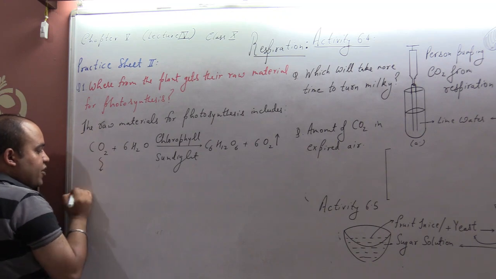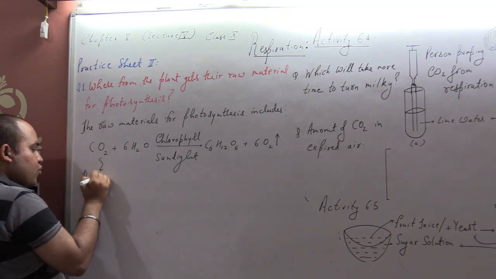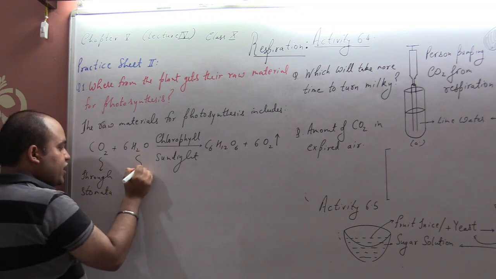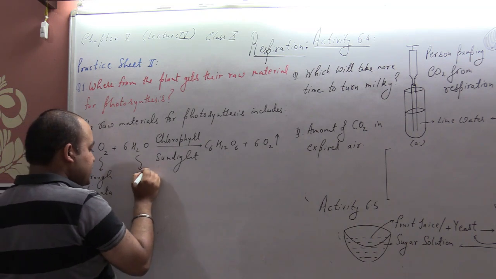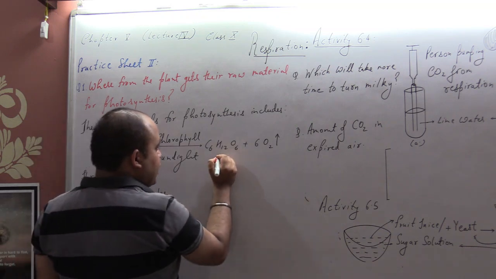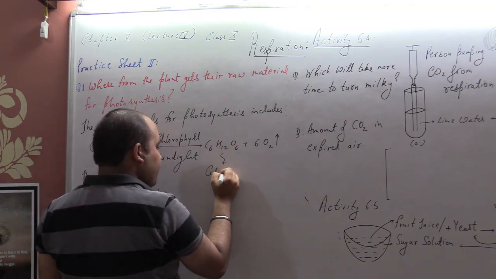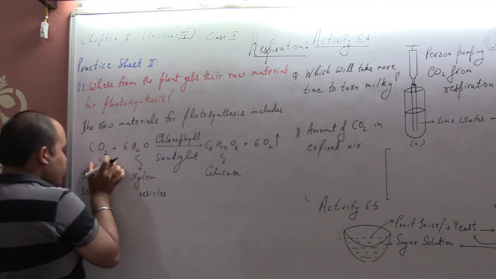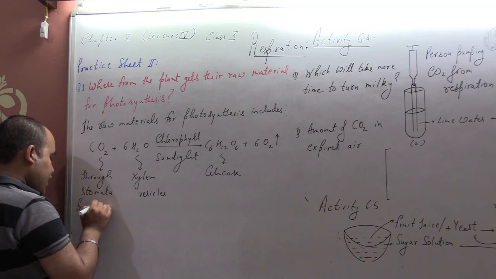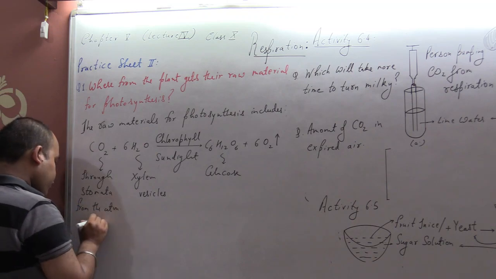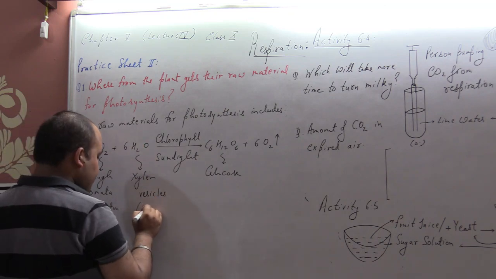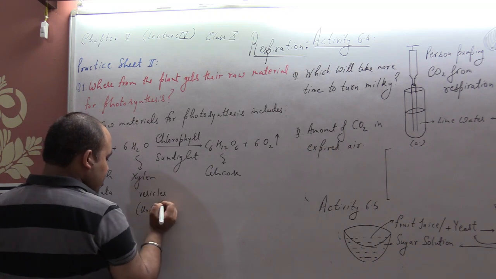Plants obtain this carbon dioxide through stomata. Water is obtained through xylem vessels, and it will lead to the formation of glucose molecules. So carbon dioxide is obtained through stomata from the atmospheric air. Water is absorbed through the xylem vessels from the underground water supply,